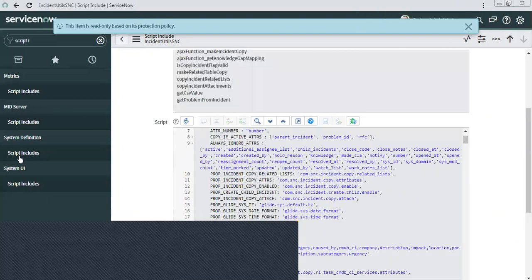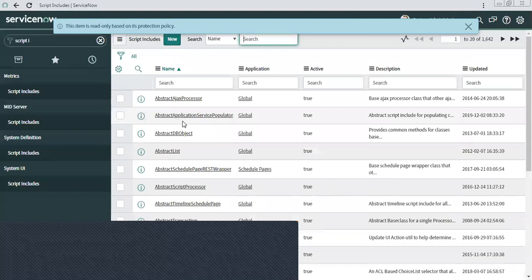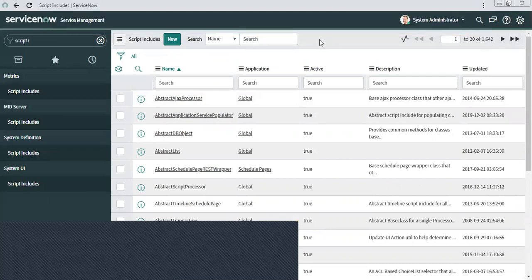So basically, UI action is your pure scripting. Without scripting, you cannot write anything. Like in business rule, we can set value, we can display message, we can abort the record submission through just check boxes and putting some text. And if you require an advanced thing, then you go to the scripting part. But in UI action, it's not like that.